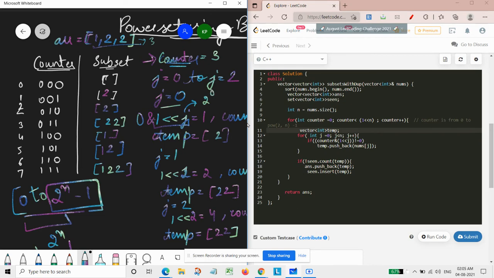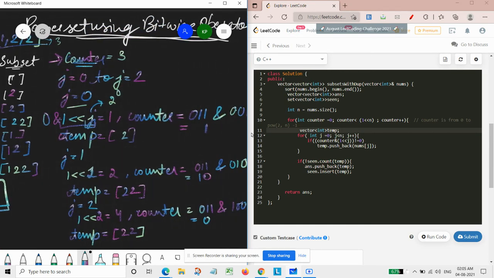Means when we are left shifting something, it simply says 2 raised to power that particular variable, means we are simply multiplying it with 2 whenever we left shift anything.